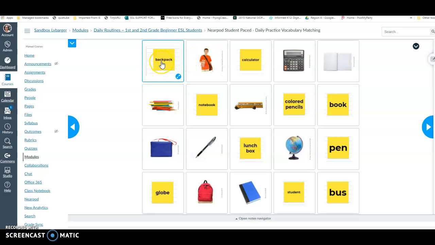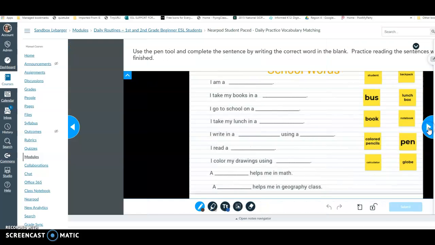That was wrong. Backpack and backpack. That would be right. If you were correct, they turn green. When you're finished finding all the matches, click on the arrow to the right,